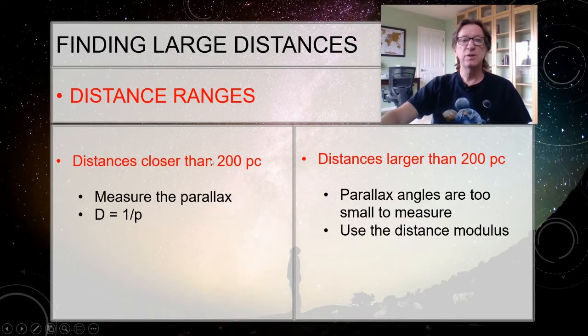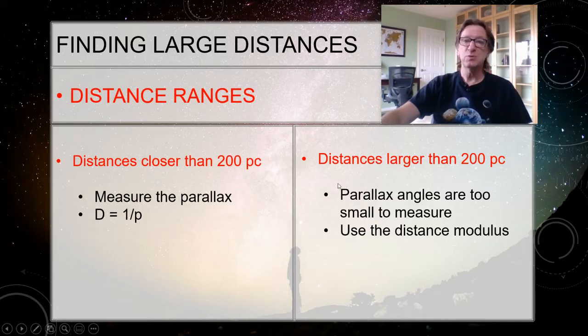All right, so we know that if we're trying to find the distance to something, if it's closer than 200 parsecs, we can use parallax. And if you can use parallax, you want to use parallax. It will always be the most precise measure we have for figuring out the distance. You just take that parallax shift, convert it from the shift to the angle if need be, otherwise they may just give it to you. And then 1 divided by the parallax gives me the distance in parsecs.